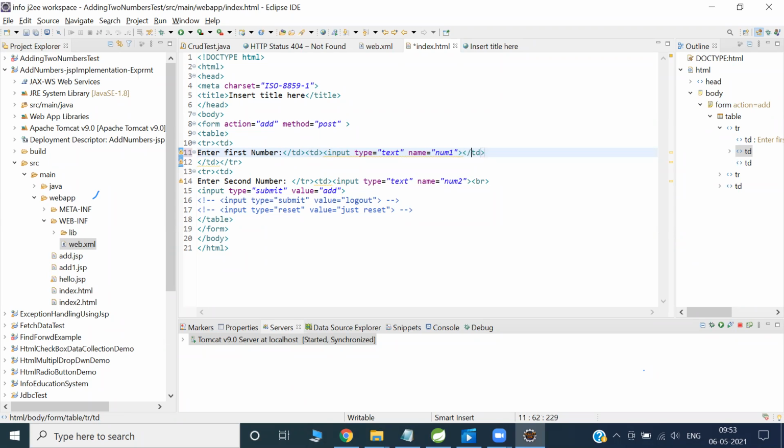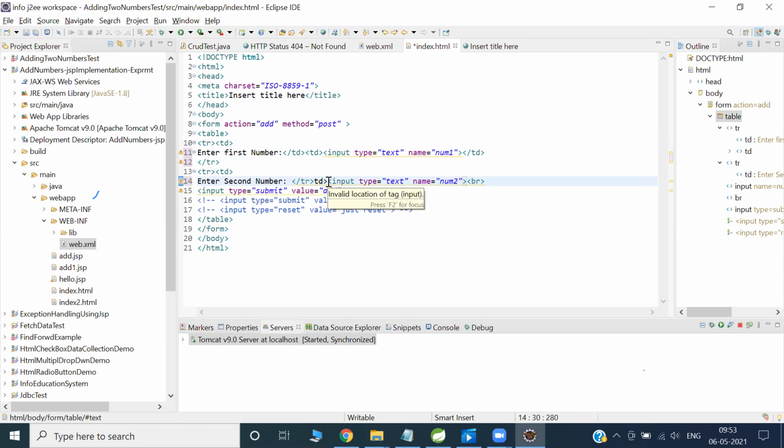I think we can quickly finish up because we want to go into the servlet more. So okay, TD is fine. After the second number, TD close. Here is an extra TD after the second number. Now TR is over. Again, you can put TR, TD. Second one here. It's not required. TD, you can finish it. Closing, again close.